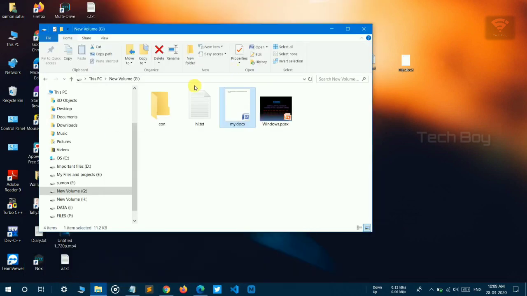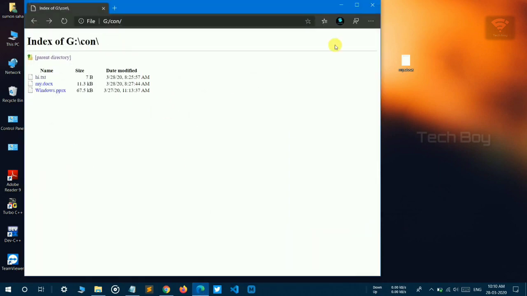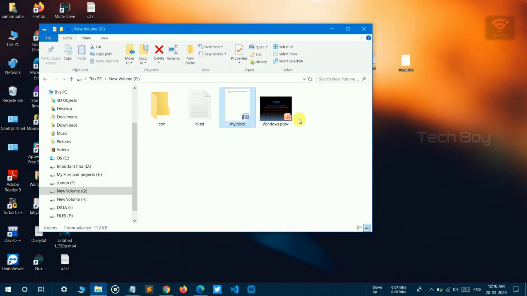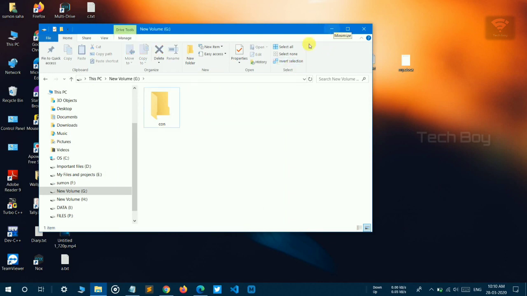So first we have to delete all the files present in the con folder. Let me minimize it. First of all, we delete this because this is pretty useless. This is deleted. Now to delete this con folder,